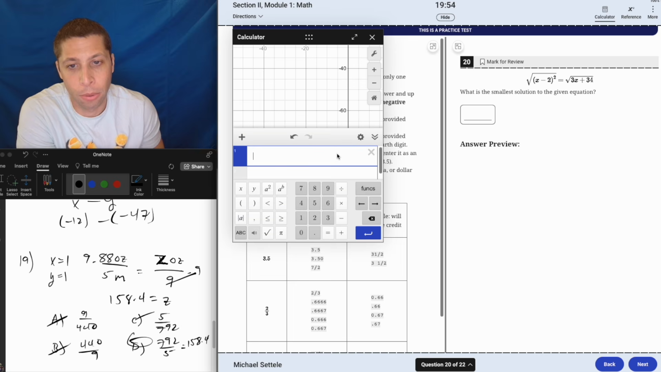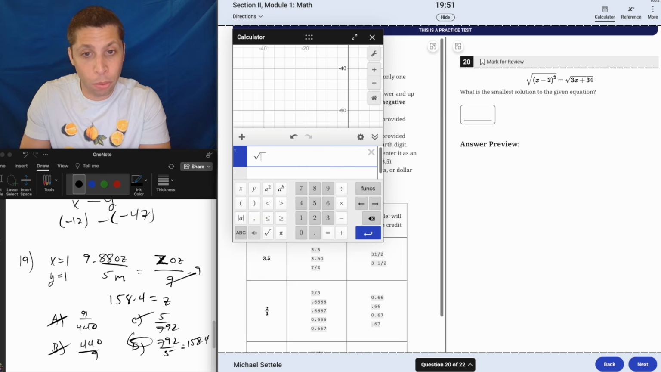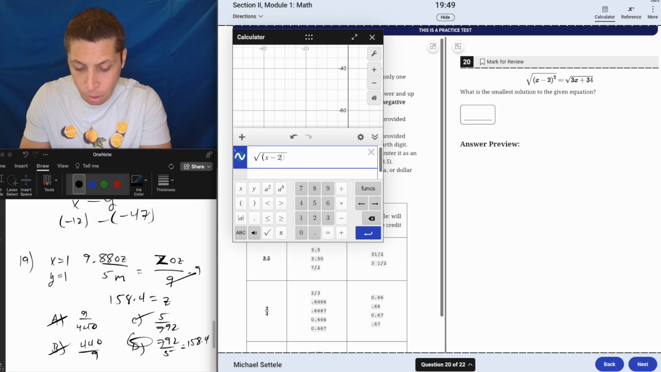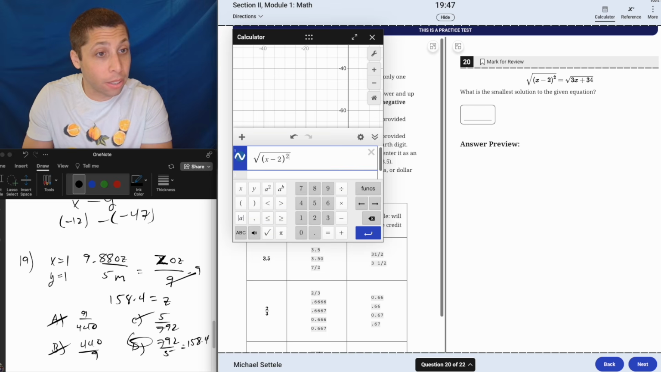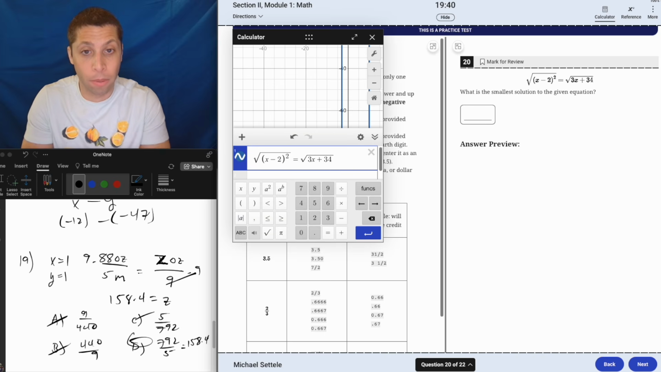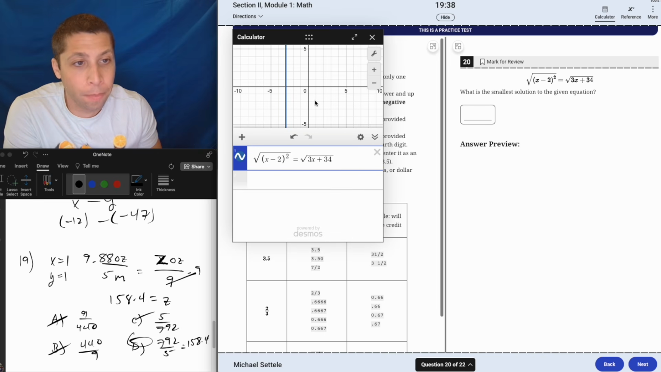Desmos to the rescue. Square root of x minus 2 squared equals square root of 3x plus 34. Okay, so what is the smallest solution? It's this,